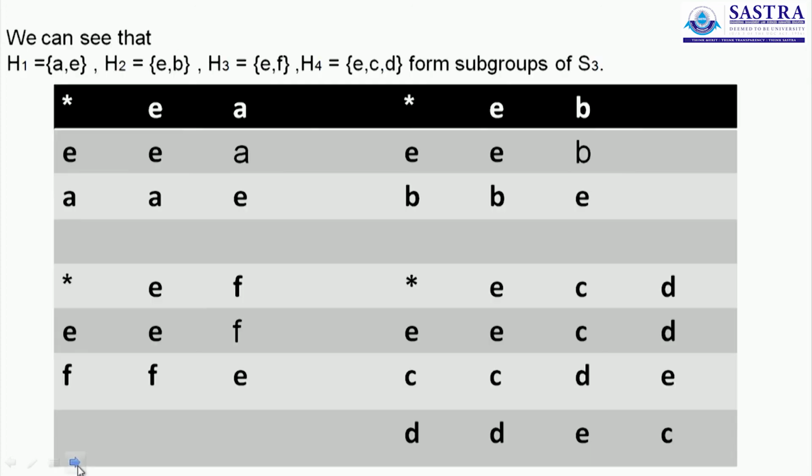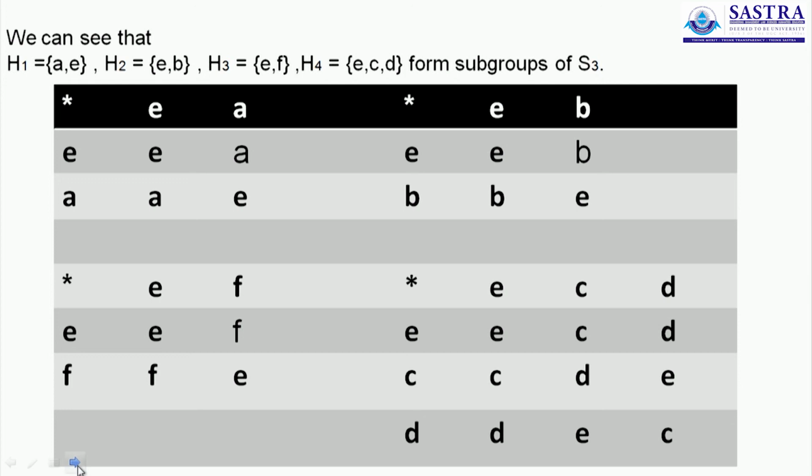So with that practice, we'll wind up the set of all problems on permutation groups, and we'll just have a look at one last concept. We'll try and identify what subgroups of S3 are normal. Now if you look at the 6 elements that are present in S3, you will find that it has 4 non-trivial subgroups. I already told you any group will have 2 trivial subgroups, the entire group and the group involving only the identity element. Apart from these two, S3 happens to have 4 other subgroups.